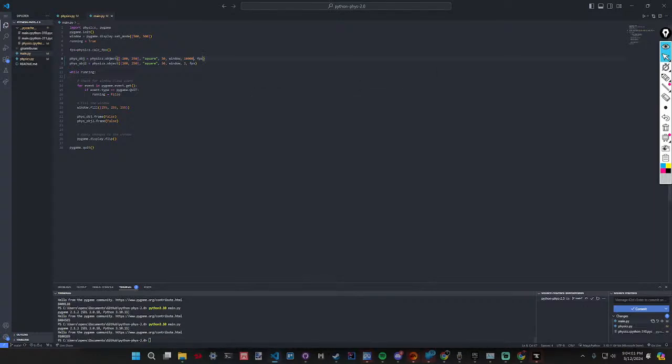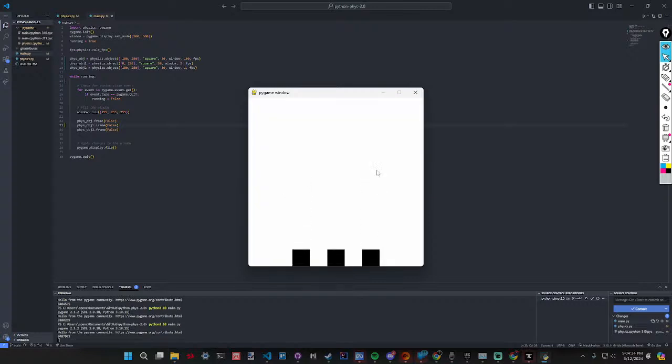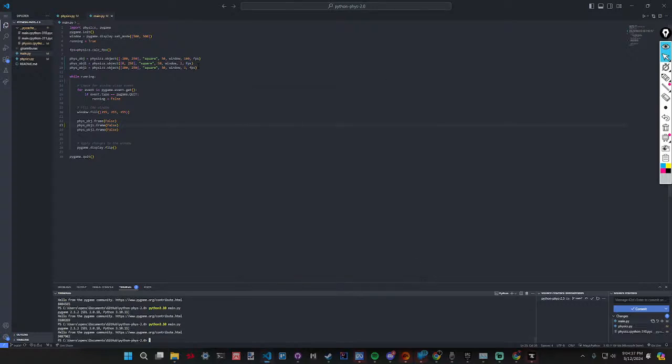Yeah, it doesn't seem to make a difference. Wait, oh no, this wouldn't be very good. So I'm just gonna do phys_obj, phys_obj1, and then so we have 100 to 1. Now we need to do phys_obj1.frame false. I have to fix this so these two. Okay, good. Oh, I was worried there for a second.